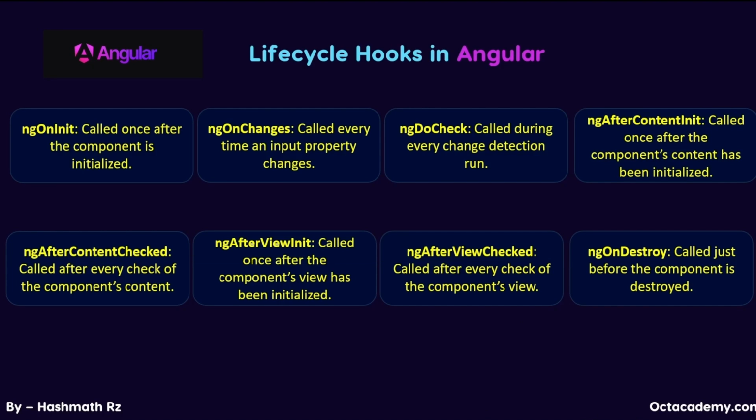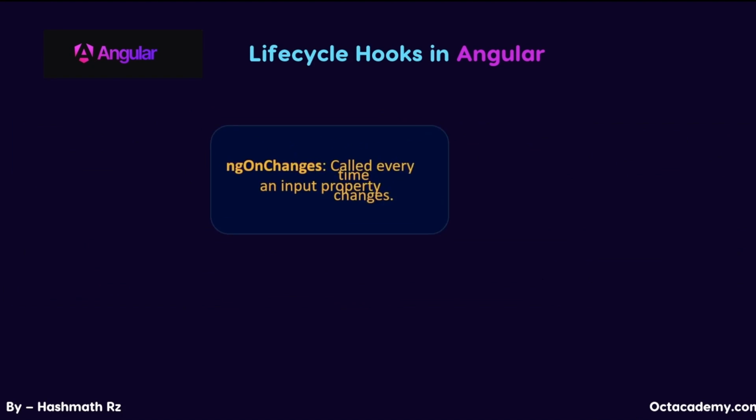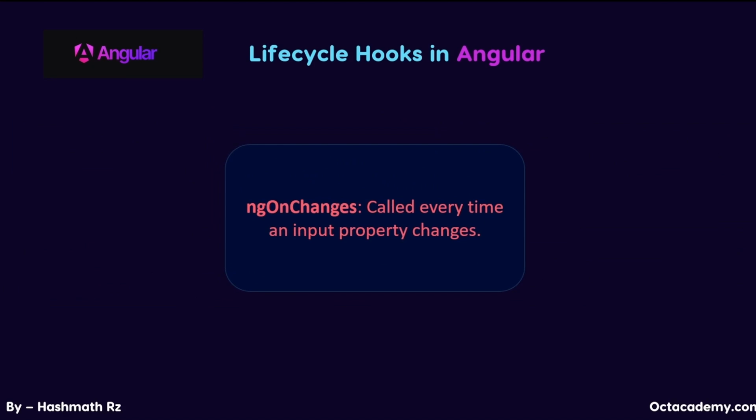Alright guys, in this section we are going to talk about the first lifecycle hook in Angular, which is ngOnChanges. So what is this ngOnChanges and why do we use it? So guys, ngOnChanges is the first lifecycle hook that Angular calls when the component is rendered. It's called whenever the data-bound input properties change. This means that whenever the value of an input property in your component changes, Angular will call the ngOnChanges